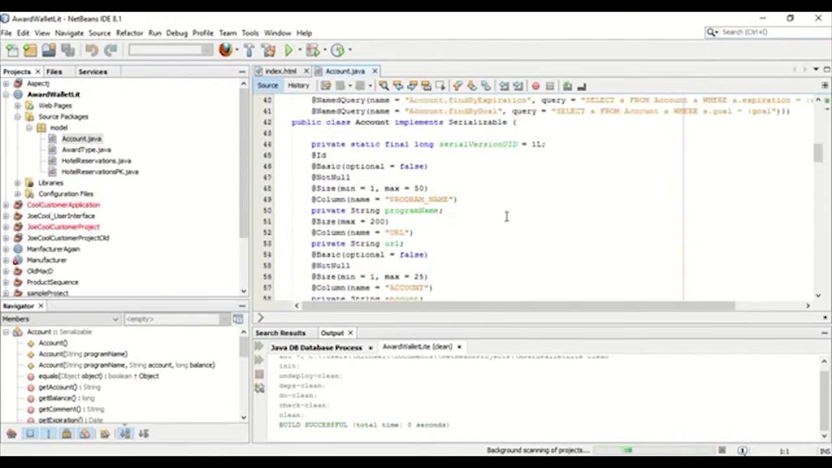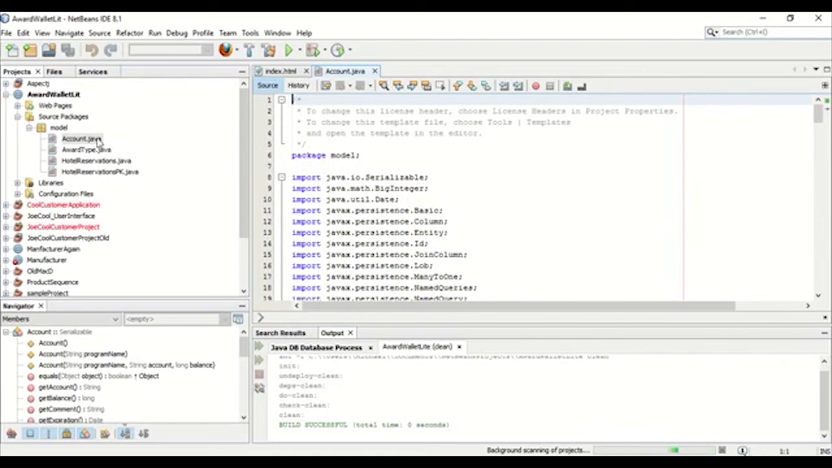And you can look here. So this uses a Java framework, so you don't see a lot of